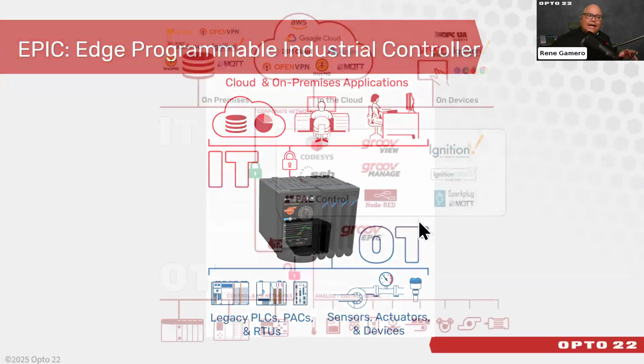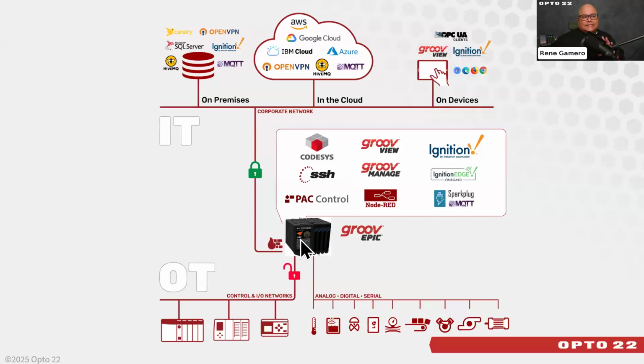If we expand that out a little, we're going to see in that drawing that what makes it possible is that we have all of these different software components living inside the Epic. Not only that, but when we first designed the Epic in 2018, we had cybersecurity in mind. We addressed the two key elements that separate IT and OT safely, and that would be network segmentation. So we have two Ethernet ports on this unit. At the same time, we don't allow for default usernames and passwords, because those are the two main reasons